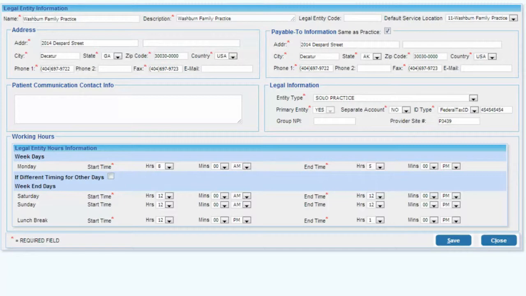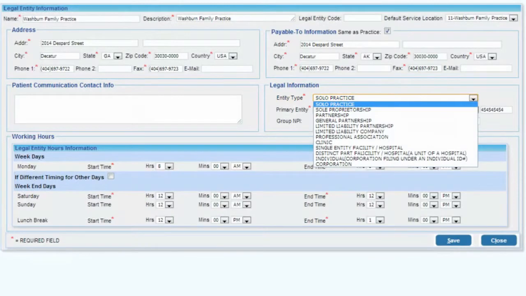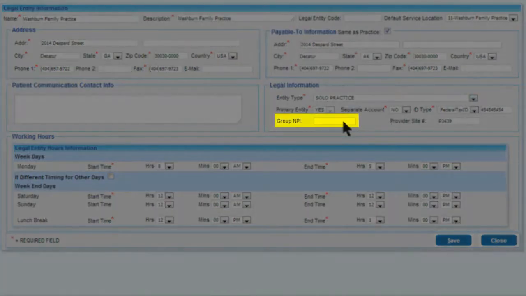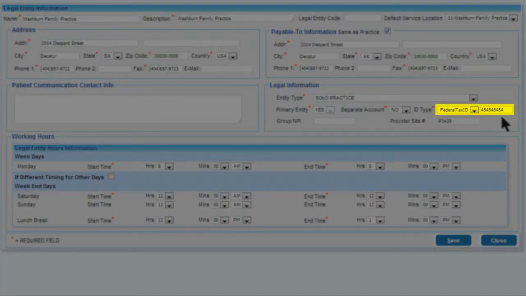You could also edit the information in these fields as needed, and you'll want to select from the drop-down menu to choose the entity type, whether for a solo or group practice. If the type of entity is for a group practice, the group NPI will go here, as this field will not be accessible for a solo practice. Now continue to type in the appropriate federal tax ID for the legal entity you're adding and click Save to